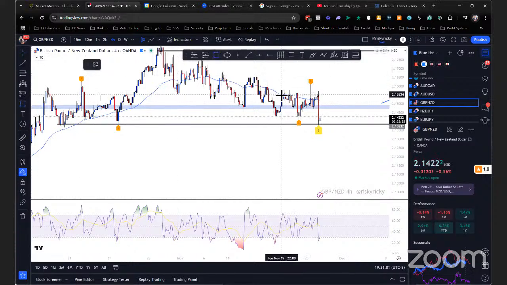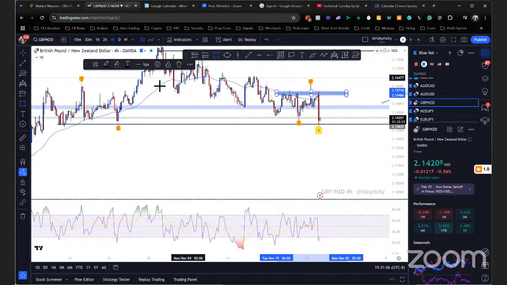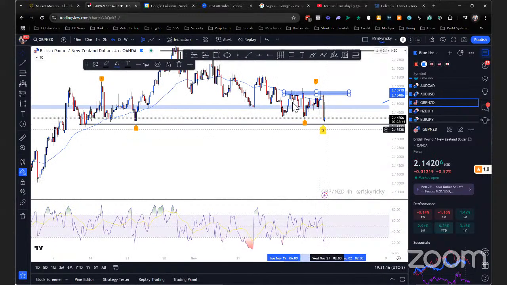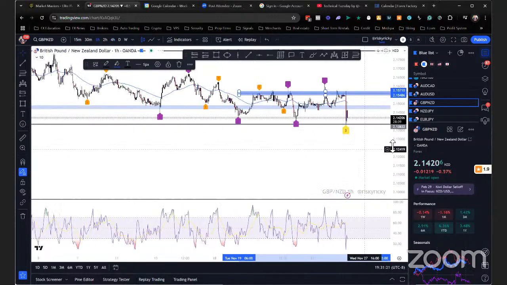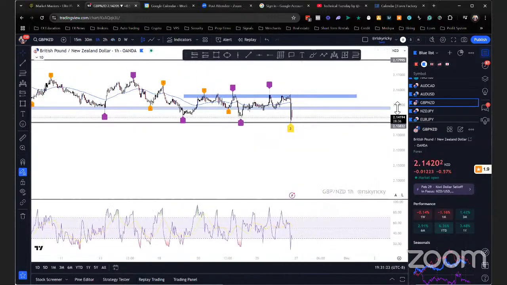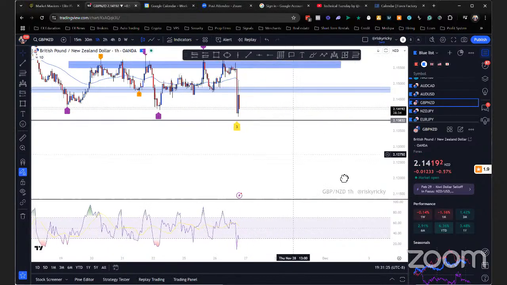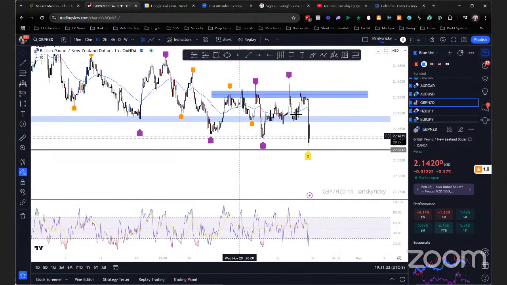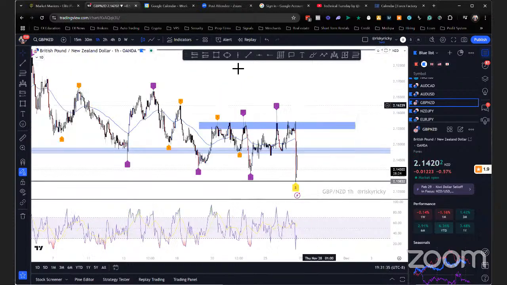What about these highs over here? So from what I see here, it's more of a triple bottom. It is at a strong level of support down here. With a triple bottom, we have a three here, most likely threes on the 1 hour as well. So yeah, right now, we'll just have to see if it breaks out. It's ranging sideways. We're gonna see if it's gonna break out coming up.